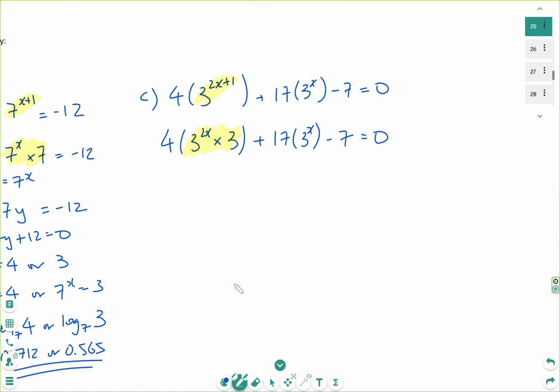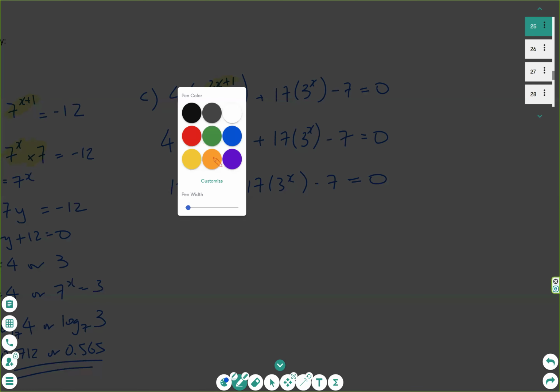Right. Next, we can expand the bracket. 4 times 3 is 12. So it's 12 lots of 3 to the power of 2x plus 17 3 to the power of x minus 7 equals 0. Now, I know some of you might be asking me a silly question. Why don't you do 4 times 3 to the power of 2x? What about the 4 times 3 to the power of 2x? Now, they're all multiplied together. So to answer this silly question,